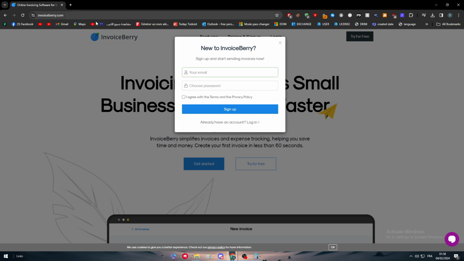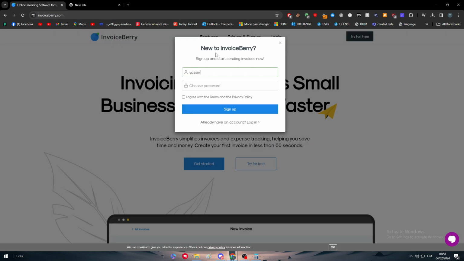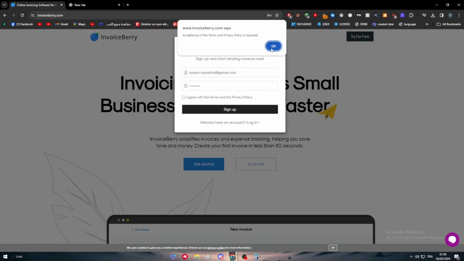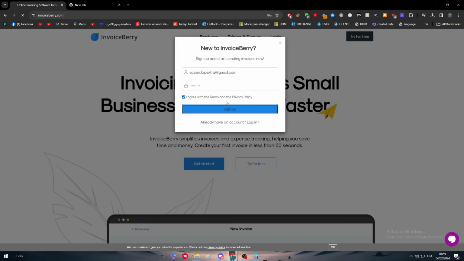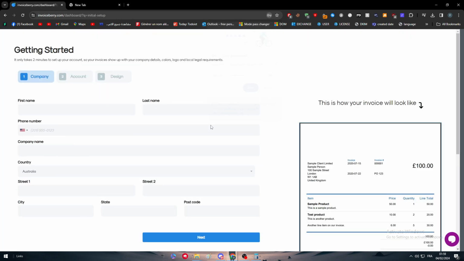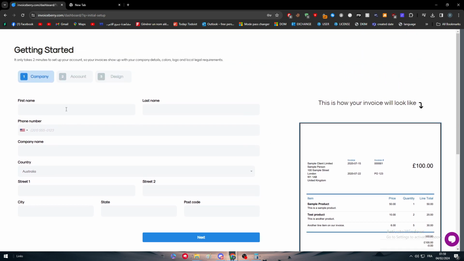So simply here put your email, which I'm just going to copy from here to save some time. Here we go, and here the password. It's going to be pretty simple, as you can see here. And now click on sign up. Of course we have to agree, so we have to agree and then sign up. Very easy, very straightforward. Now we have to actually complete some information, so the actual invoice is going to be